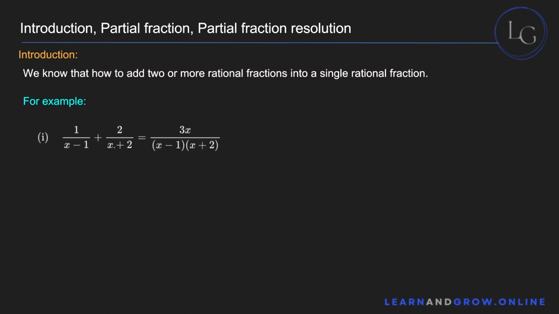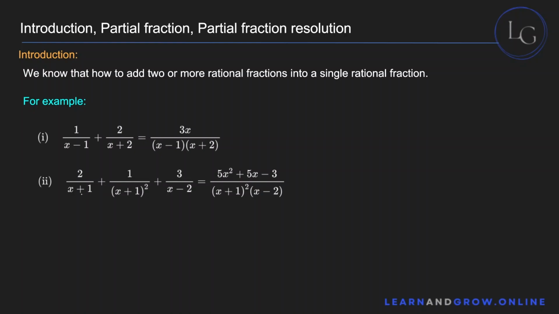Now what you'll simply do is to turn these two rational fractions into one rational fraction, you'll have to take the LCM on both fractions. So basically this entire fraction will be multiplied by x plus 2, and this entire fraction will be multiplied with x minus 1, and then you'll join them and basically add them up, and you'll get this single fraction. And similarly over here you have three rational